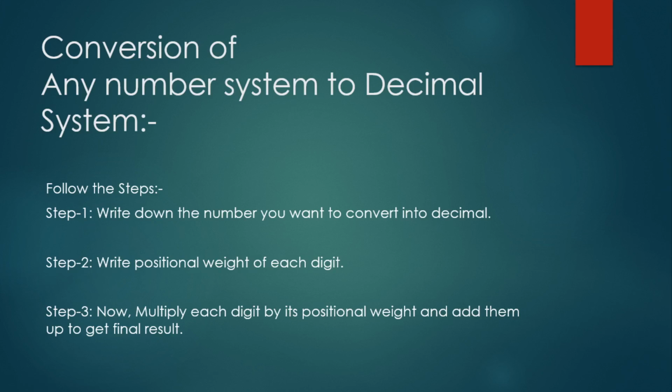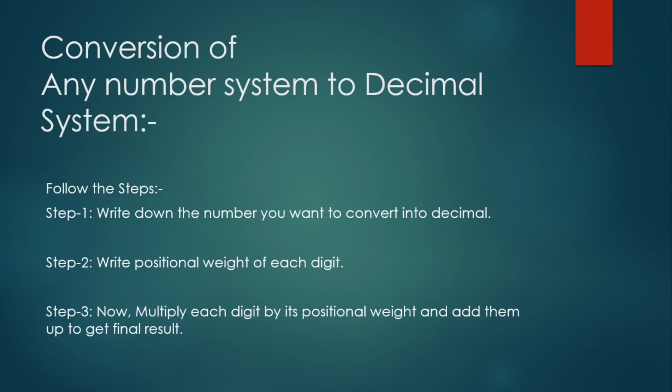So, in the last class, we had started our chapter 2, that is data representation, and we discussed what is number system. In the number system, we had discussed what is octal, what is binary number system, what is decimal, and what is hexadecimal number system, and we had discussed base value of a particular number. And in the last class, we also discussed how we can convert a decimal number system to any other number system. So today our topic is conversion of any number system to the decimal number system.